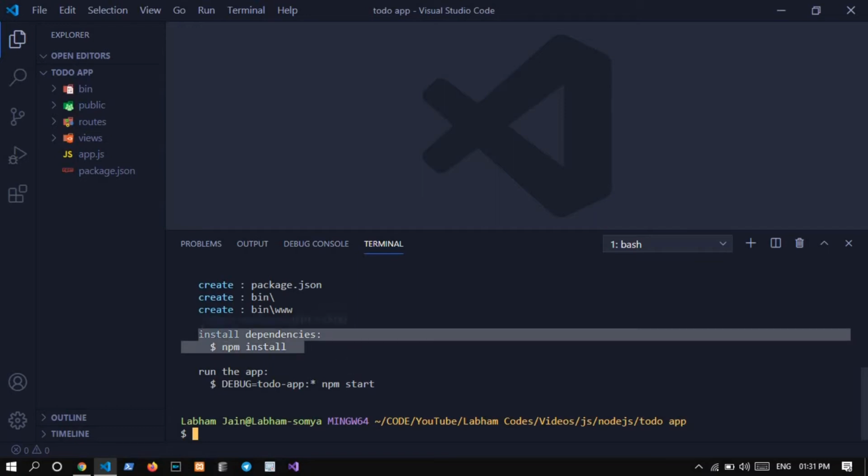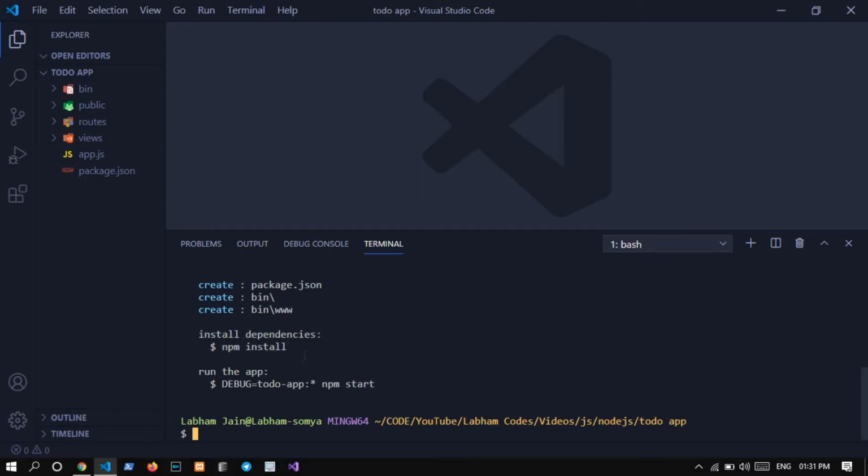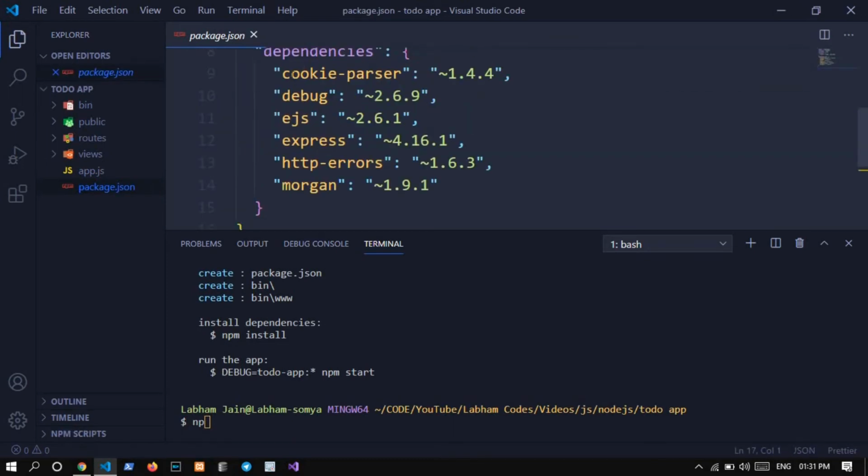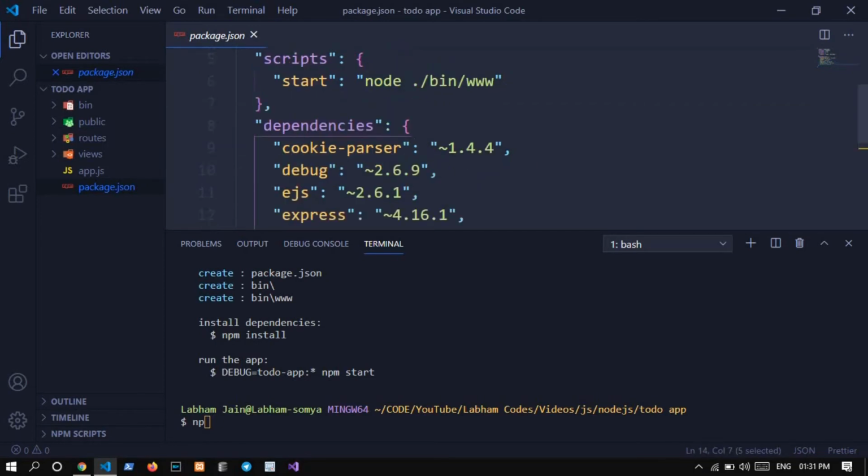Now let's install the dependencies it needs to work, for example cookie-parser, debug, ejs, express, http-errors, morgan, and we will create a dev dependency, basically development mode.